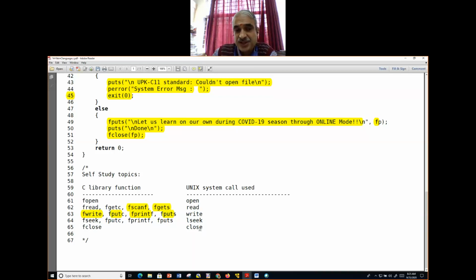Equivalent system calls are written here. This also we will see. fclose, we have seen it now. fopen, we have seen it. And other things which we have not seen, you have to make it a practice. This is the most important thing for every engineer, no matter which domain you get into. So please do that. This is useful for data structures also.